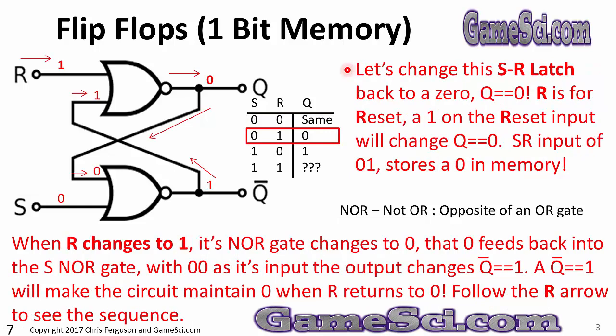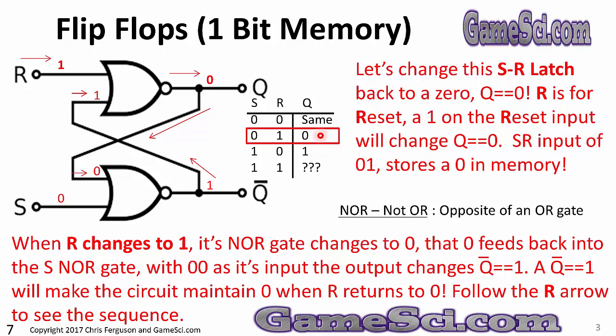Let's change this SR latch back to 0. We want Q to equal 0. R is for reset. A 1 on the reset input will change Q equal to 0. SR input of 0, 1 stores a 0 in memory. Look at this line of the SR truth table. With a 0 on the S input and a 1 on the R input, I expect the flip-flop to hold